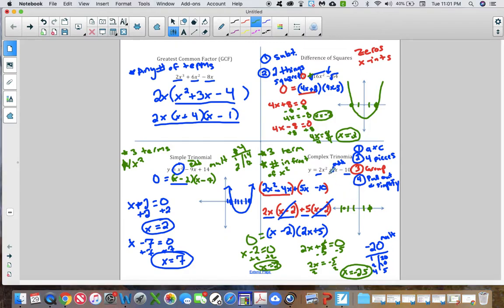And gosh, I made this kind of boring because all of these are smiley faces, right? If I look at this first piece, that's a positive, so he's going to be a smiley face. So he's going to look like this. So using algebra and my factoring methods, each one of these 4 factoring methods, I was able to find